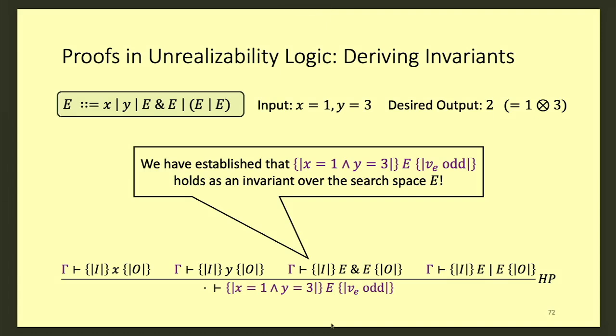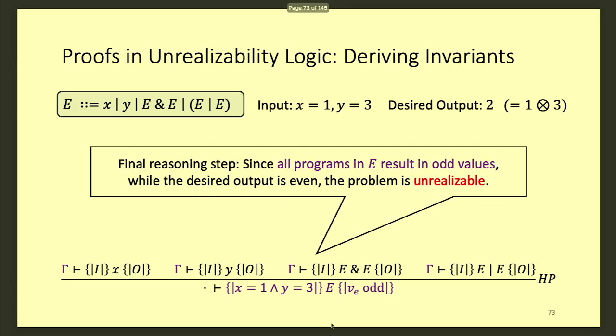So we've established essentially that X equals 1 and Y equals 3, E, output is odd, holds as an invariant over the search space E. And as I said a few minutes earlier, the final reasoning step is that since all programs in E result in odd values, like we've just proved, and the desired output is even, we're never going to be able to reach the desired output. So the problem is unrealizable. So this is how you would complete a proof tree in unrealizability logic dealing with